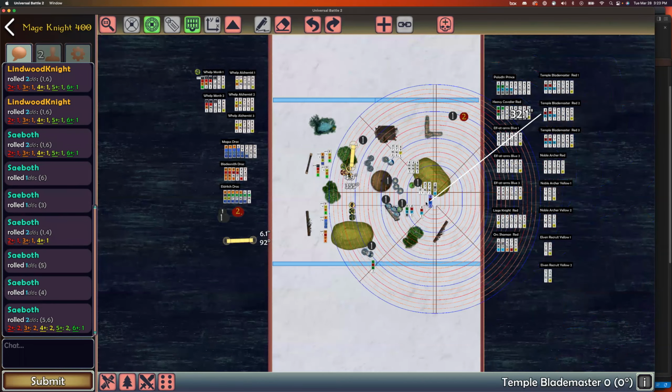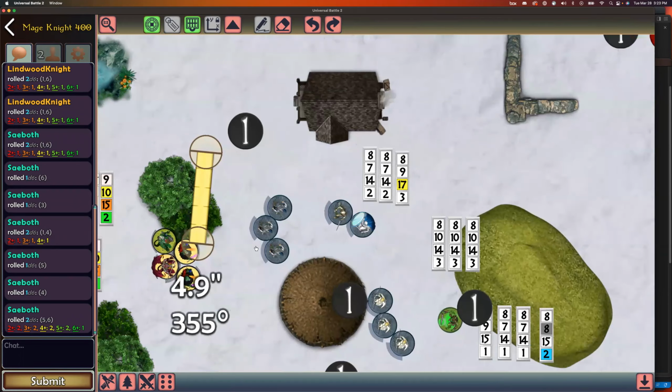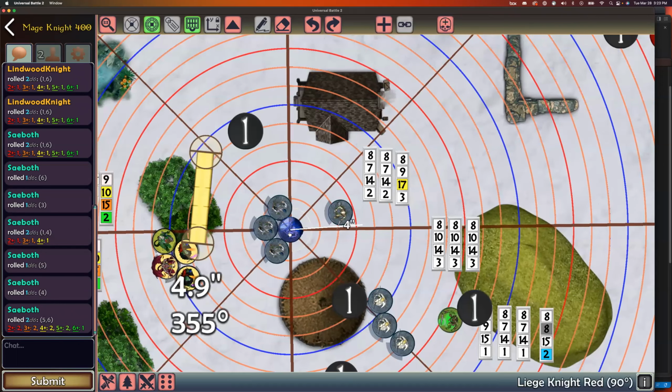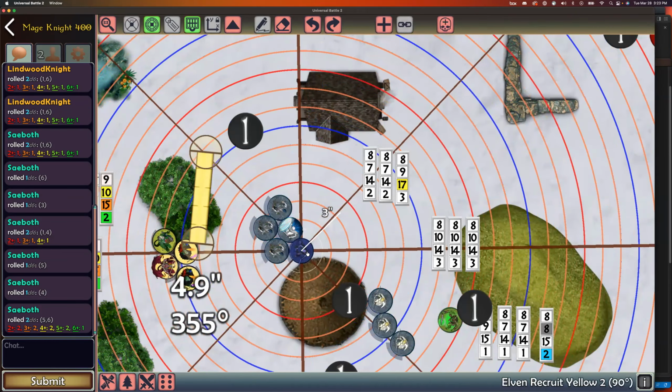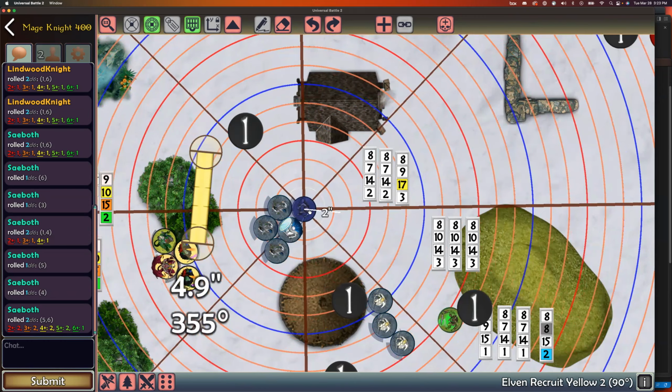The Blade Master is back to good. So that's 1. I think we go ahead and just take a chance that you may roll bad on your shockwave. And we're just going to move up. Here, I can't fit there. So we'll go here